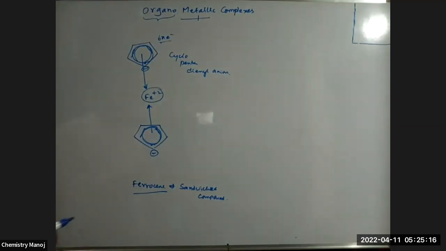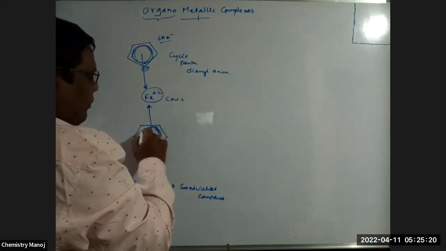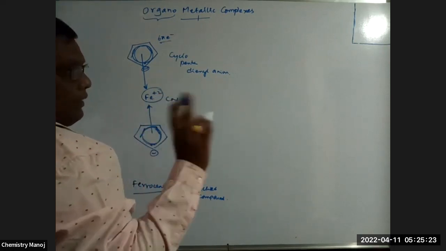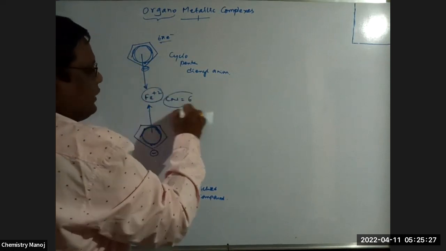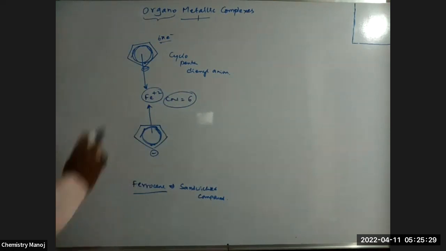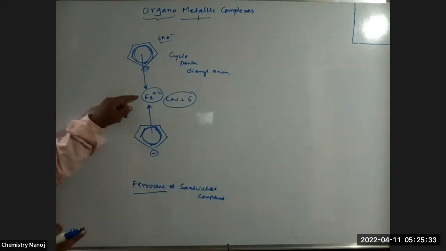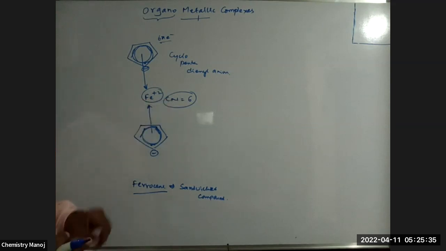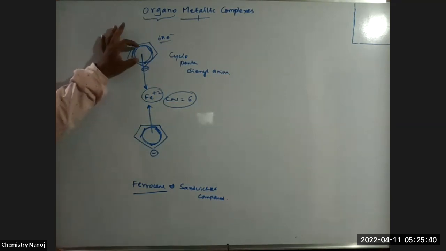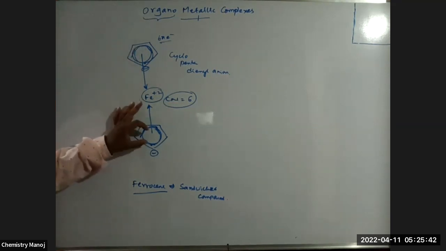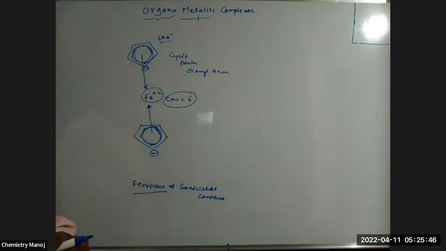Now tell me, what is the coordination number of Fe plus 2 here? Here 3 pi bonds, my dear, that means 3 electron pairs. Total 6 pairs of electrons donated by 2 cyclopentadienyl anions. Fe plus 2 has coordination number 6, but it seems to be two groups. Here 3 to 6, here 3 to 6. Totally 12 electrons donated by these two groups. Am I correct or wrong?